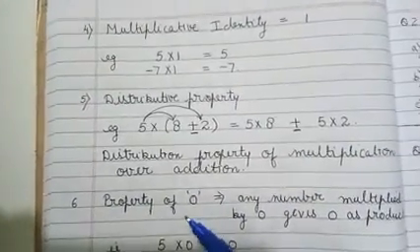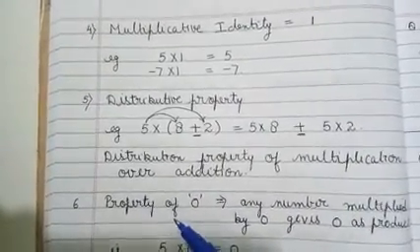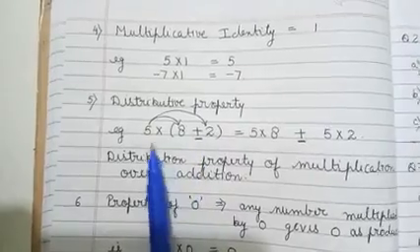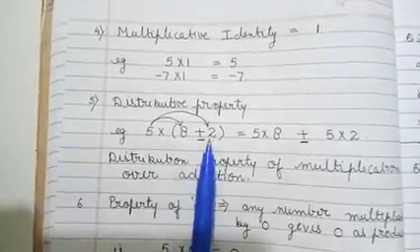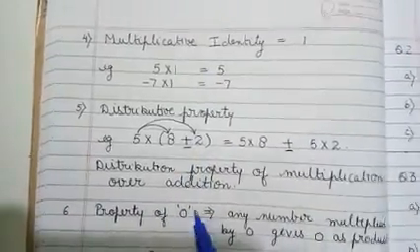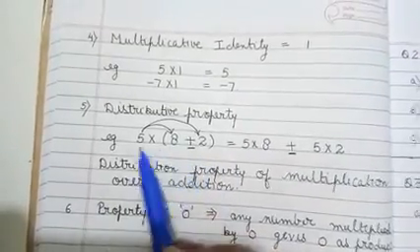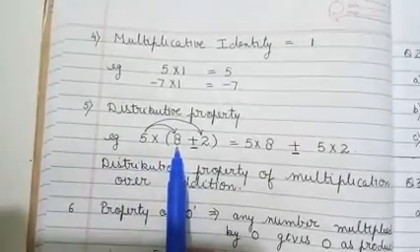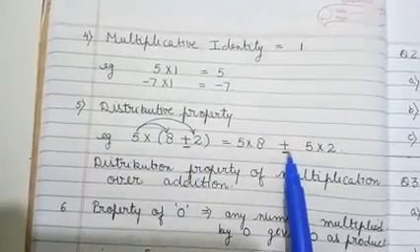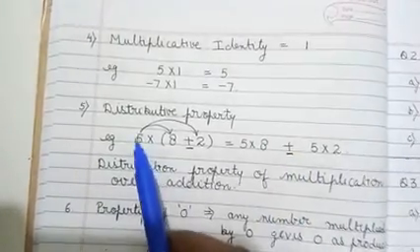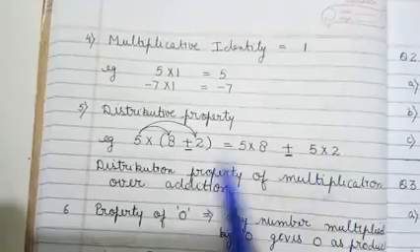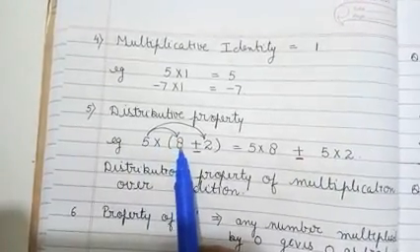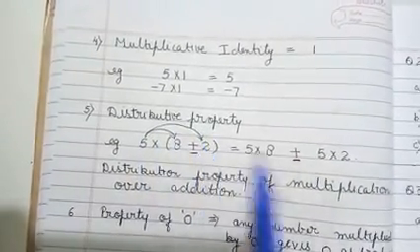Now the next is the distributive property. Distributive property: 5 is multiplied by 8 plus 2. 5 को मल्टीप्लाई करना है 8 plus 2 से. तो what we will do? We will distribute it. Now how will we distribute? 5 is first multiplied by 8 and the same sign will come here afterwards. And next 5 is multiplied by 2. If here is a minus sign, we will put a minus sign here. 5 multiplied by 8 and then 5 multiplied by 2.